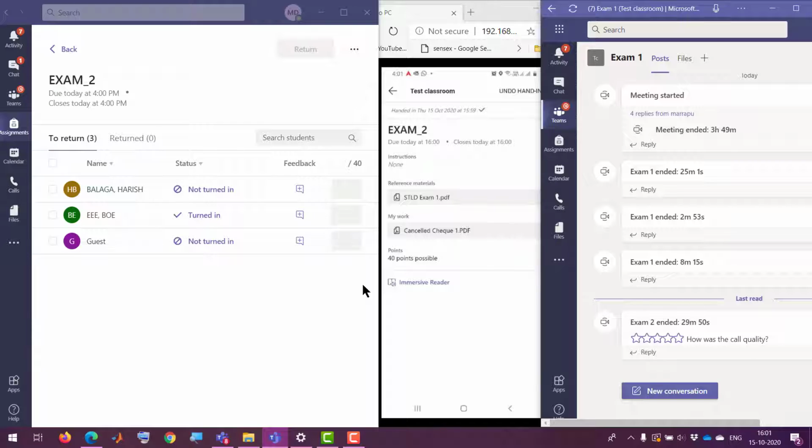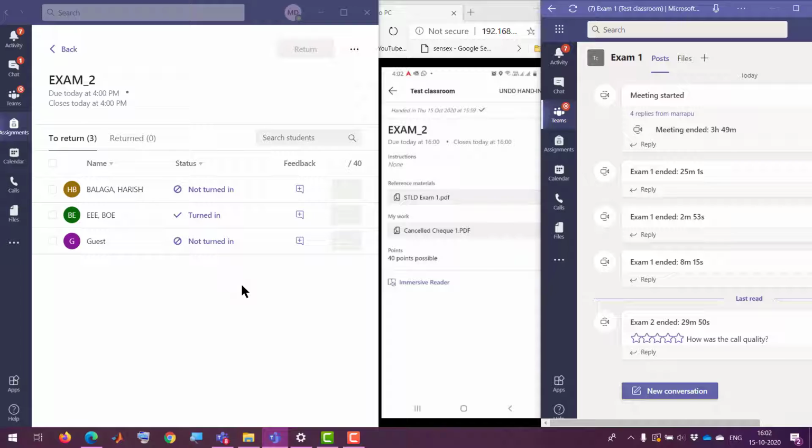One more thing to remember is that before clicking on end meeting, the faculty has to download attendance. I forgot to show it here, but please don't forget. They have to download it twice: once at the beginning of the exam, that is 10 minutes after the exam starts, and again 10 minutes before the end of the examination. That will make sure that every student has logged in and attended. Now the exam is over.